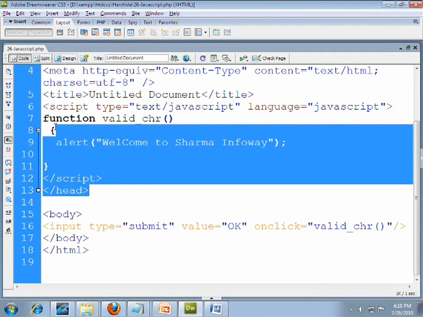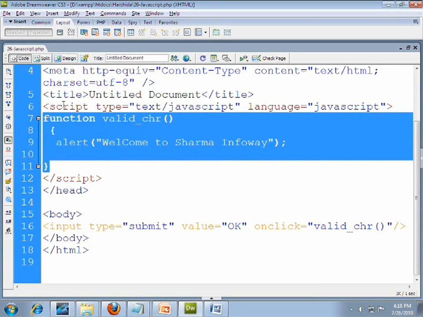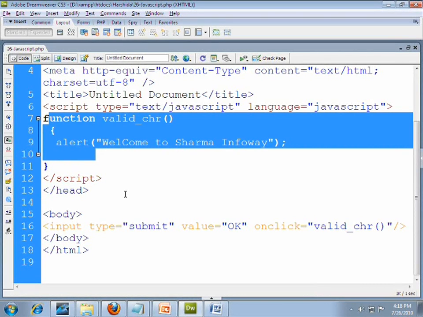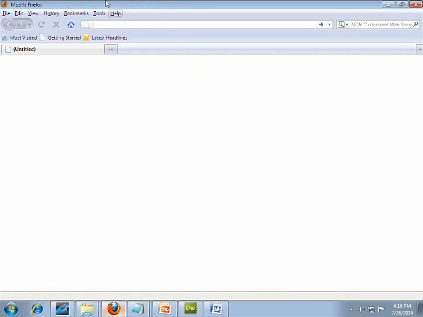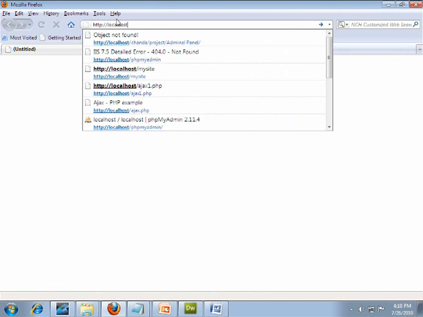So this is my first page. This program is called an internal JavaScript example. Why do we say that this program is internal JavaScript? The reason is that the function I have written in JavaScript is in the same PHP page, which contains the JavaScript functions. This is the example of internal JavaScript. To check this application, let's first run the application with the use of a browser. Specify your path in the URL.